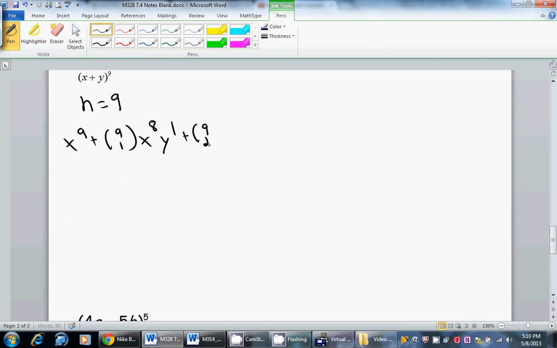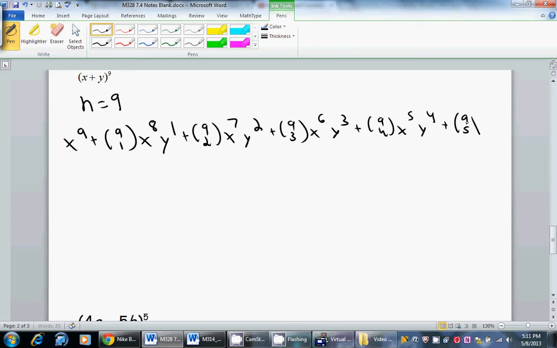Next term, 9 and 2. X goes down 1, Y goes up 1. Next term, 9 and 3. X goes down 1, Y goes up. 9 and 4, X to the fifth, Y to the fourth. Plus 9 and 5,